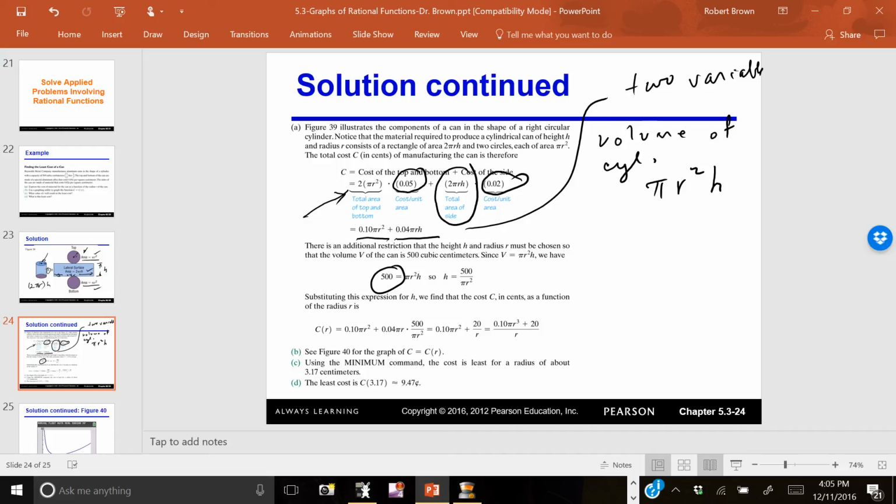So if 500 equals pi r squared h, we can solve for h by dividing by pi r squared and get that h is equal to 500 over pi r squared. So now we plug for h into this equation,